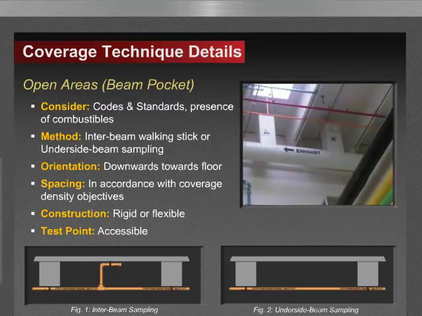Rigid pipe or flexible tubing with remote sampling point may extend vertically from the sampling pipe upward into the space between the beams as we've illustrated in figure 1. So sample ports are drilled directly into the pipe network facing downward towards the floor. And it's good practice to, again, incorporate a test point, as we've shown before, with this coverage technique, as generally these ceilings may be high or obstructed, and getting to the test point at the ceiling would be very difficult. So we want to bring that test point down. You'll see that kind of a common statement within each and every one of these slides or techniques.